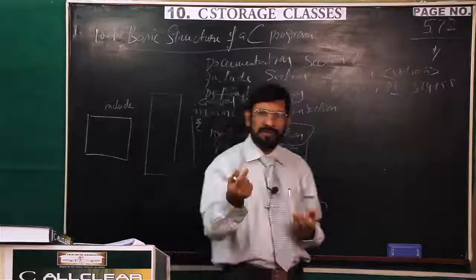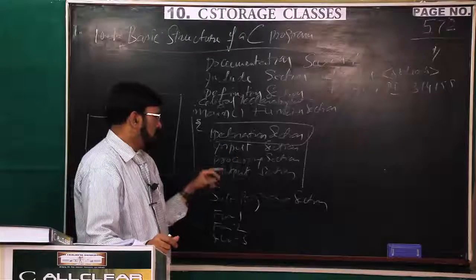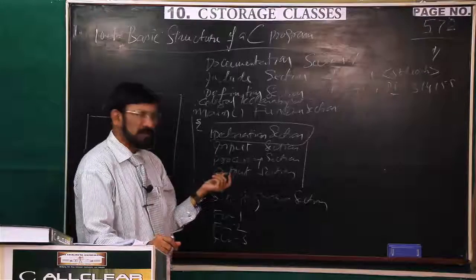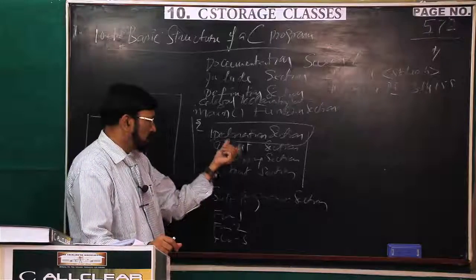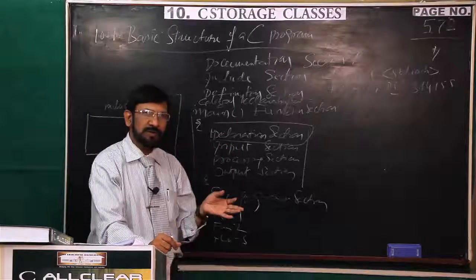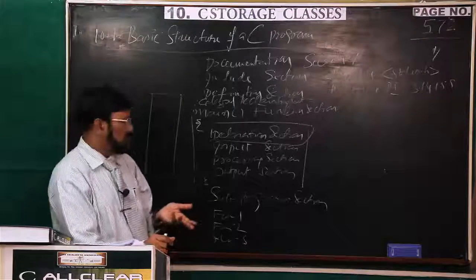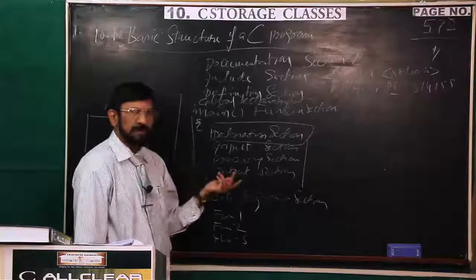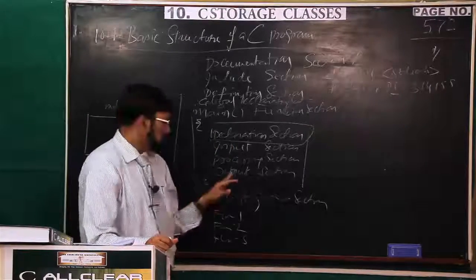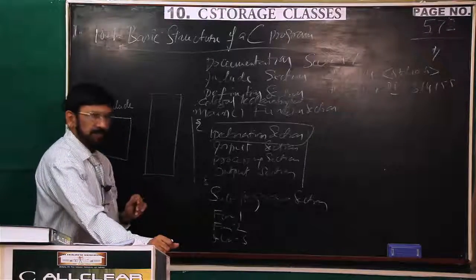Thereafter, input, that is reading from the keyboard, that is the input section. Thereafter, processing. On input, the values are stored in the variables. You can retrieve them and do the processing, that is manipulation of the data. In the processing section that is done. Ultimately, after processing is over, the output should be displayed. That is called output statements, we write for displaying output. So that is the output section. Then this is the end of the main function.